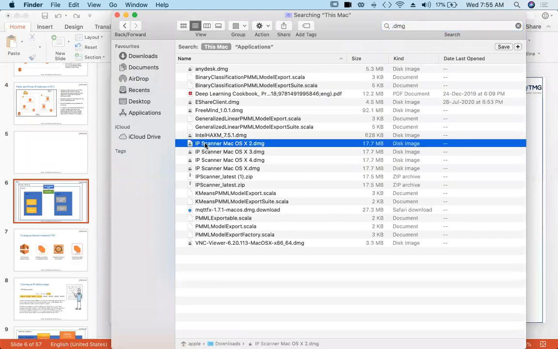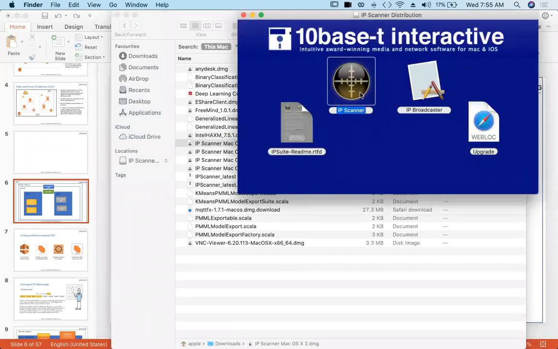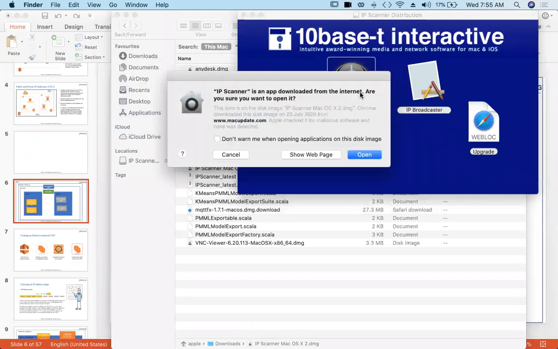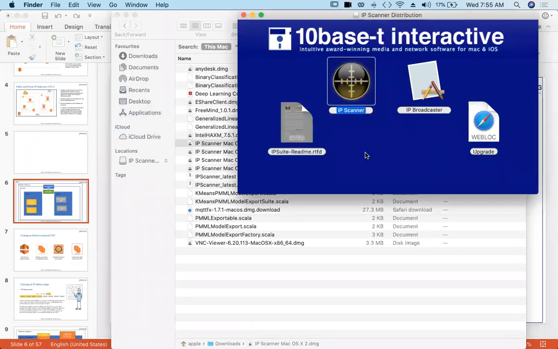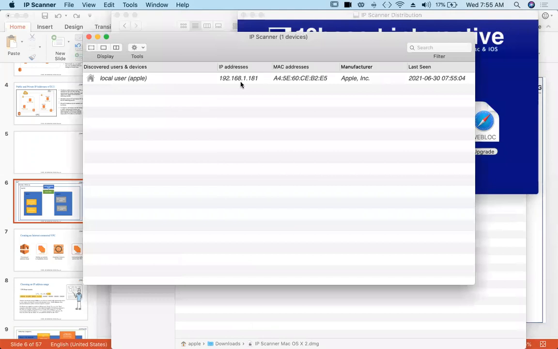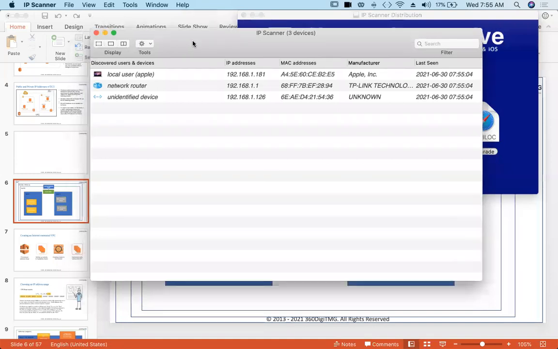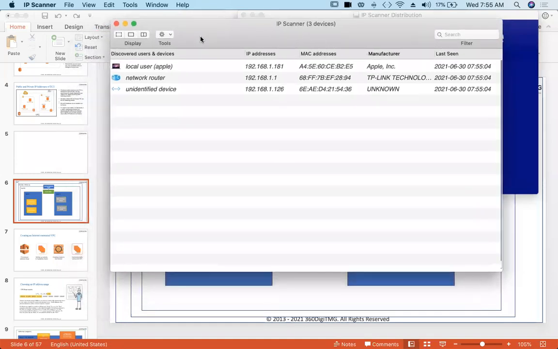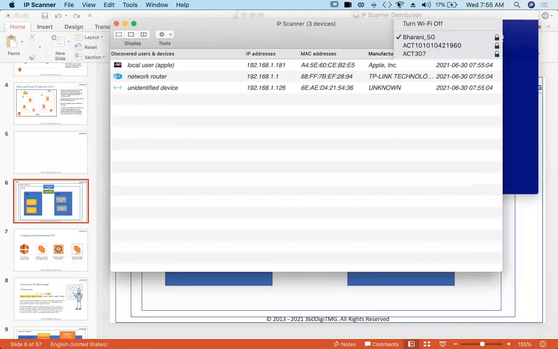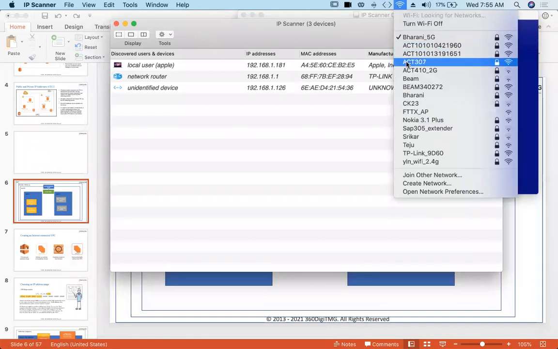I have this IP scanner which scans my network. I have connected to a different network.